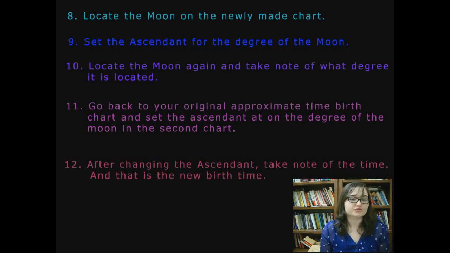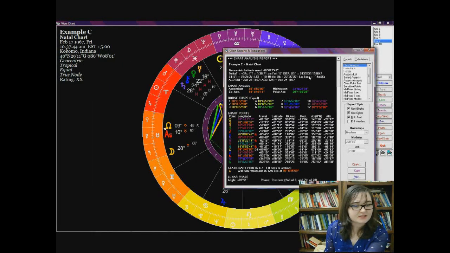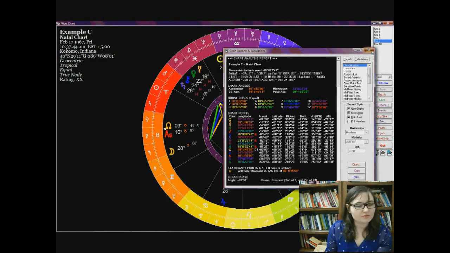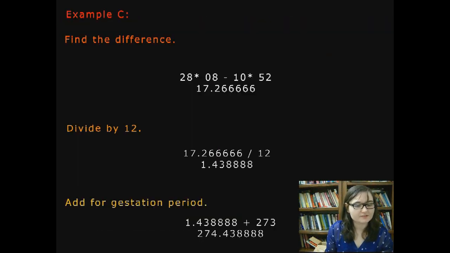So I'm going to do a demonstration of that. As you can see, this person's moon is under the ascendant-descendant line. So subtract those numbers of degrees, and so you subtract 28 degrees, 8 minutes by 10 degrees, 52 minutes, and that equals about 17 degrees. And I changed my minutes into decimals just to make it easier for adding and subtracting. So it's 17.26 repeating, and if you divide that by 12, you get